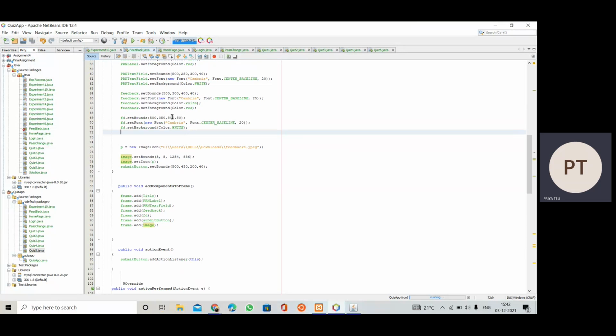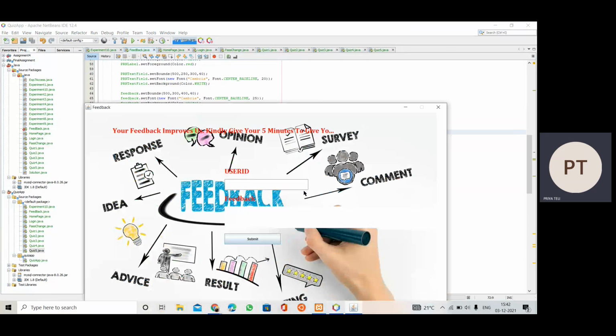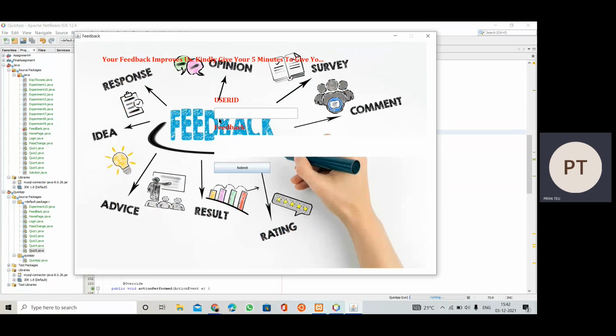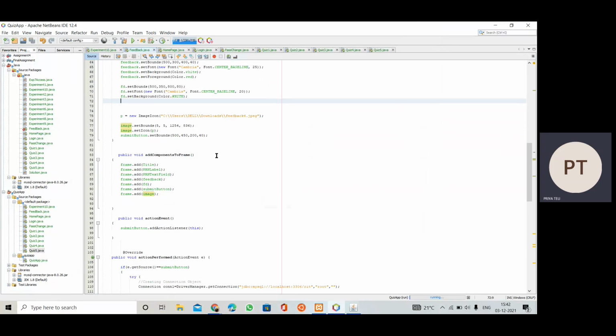So for all these components, the x coordinate is the same, as we are able to see that all these things appear in the same line. That's because the x coordinate is the same, only the y coordinate is differing. Then we have this label, then we have this icon object P. We have its implementation, new image icon, and here we specify a path of our image.